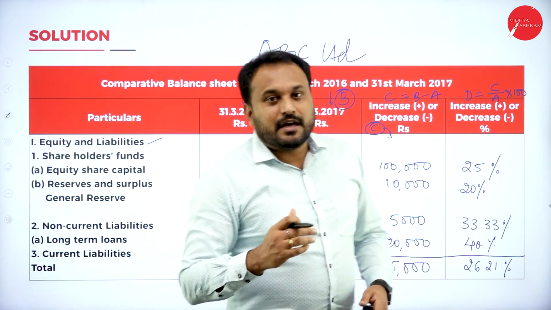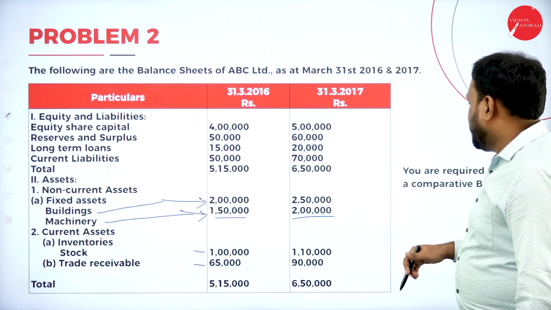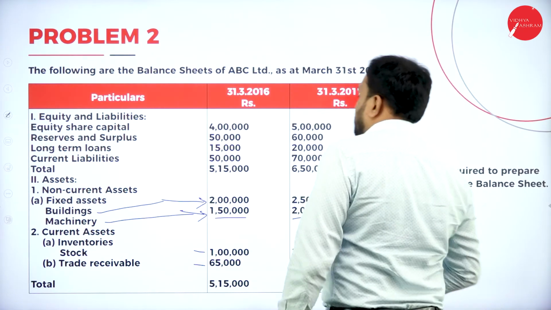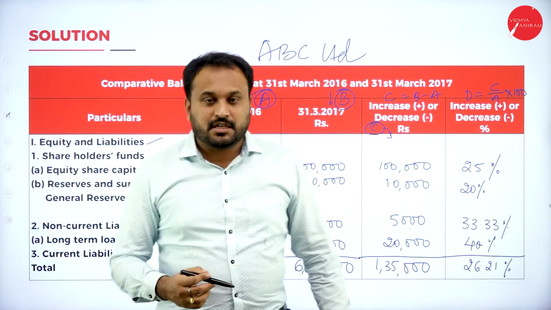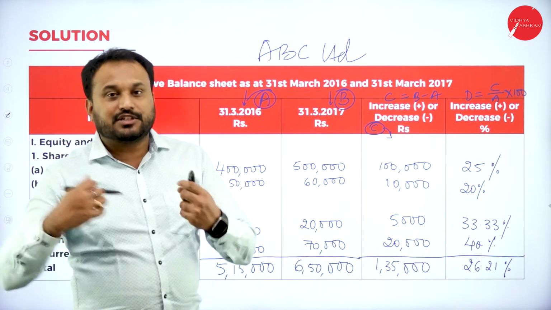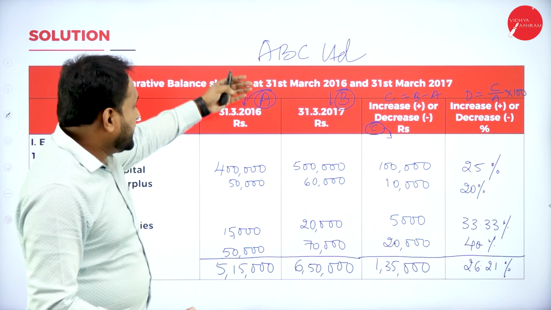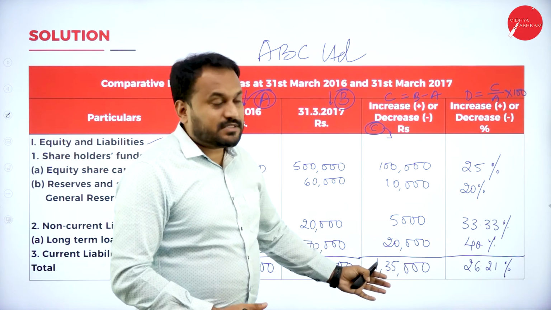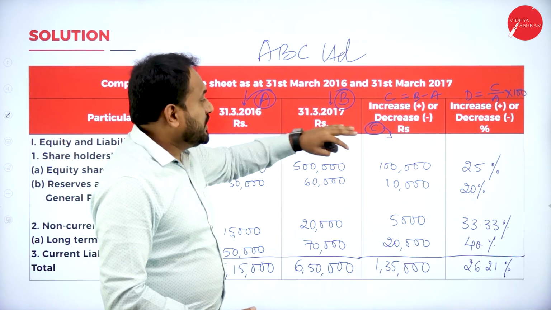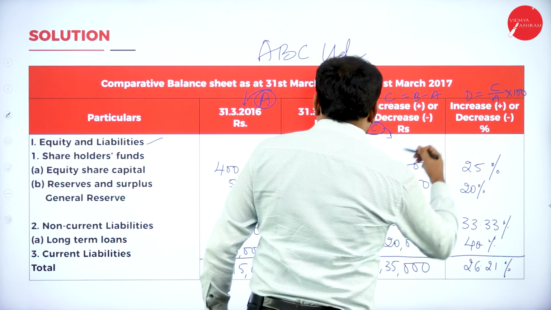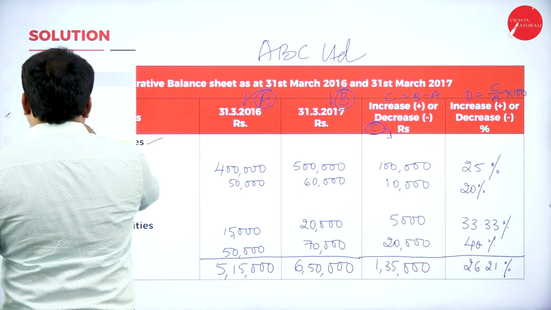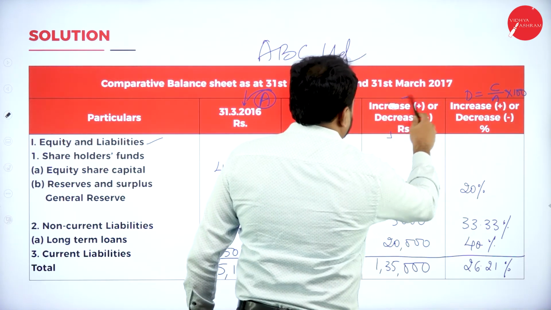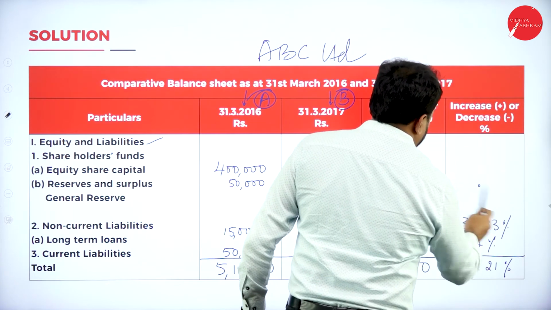Now, I went with a question here itself. We actually went with, you are required to prepare comparative and common size. Let me tell you how to go with common size. Even in the last session you have actually gone with common size. This remains the same. Here, instead of the change, what we have is change with 2016. So let me just erase this for you. I'll show you how the common size balance sheet will look. All these things you are supposed to get done.